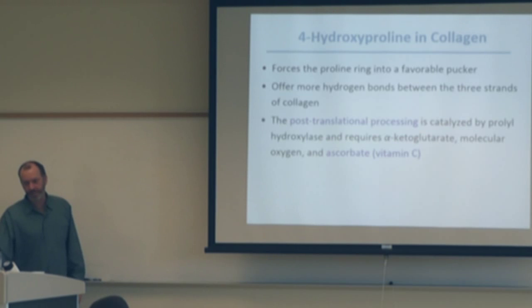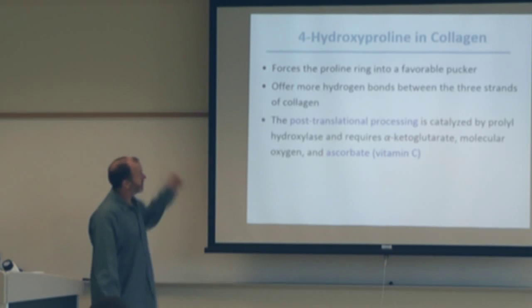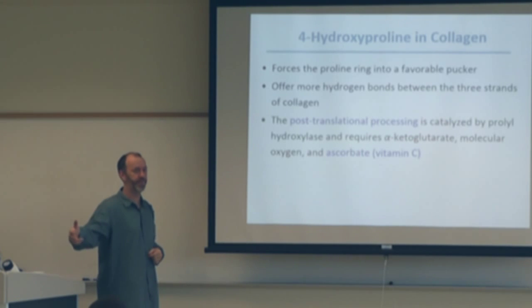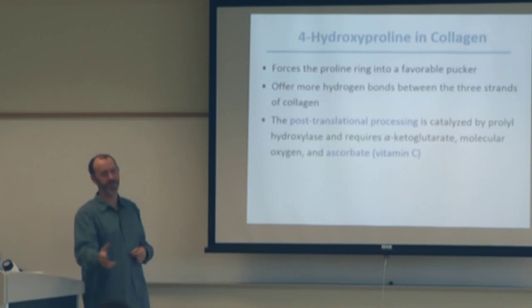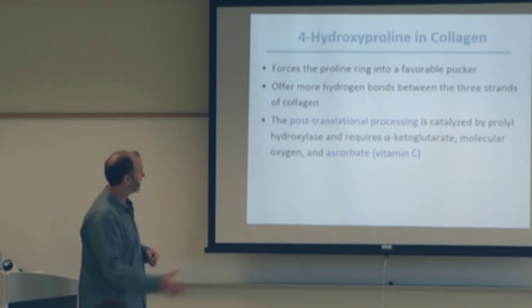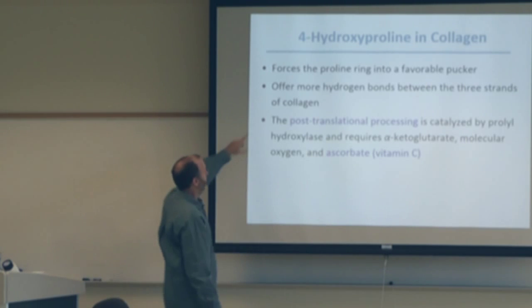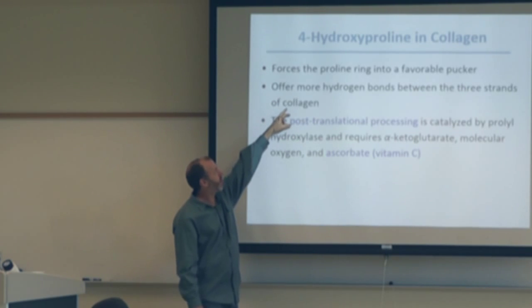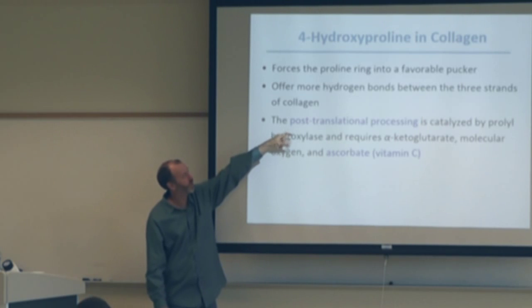You get this 4-hydroxyproline in collagen, and you've got to remember that this is modified once it's incorporated into that peptide sequence. It's not modified and then incorporated. Proline is incorporated into the peptide sequence via the ribosomes, and then it gets modified. That forces the proline ring into a favorable pucker, and offers more hydrogen bonds between the 3 strands